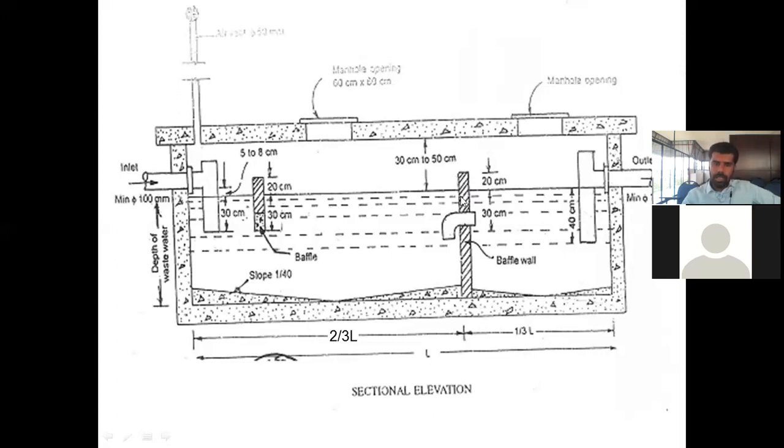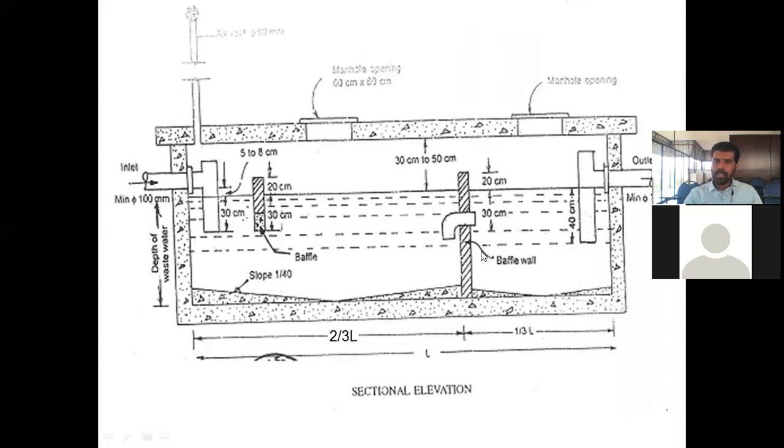Now this is the second chamber. From here, the water will be collected and it will be sent to the other chamber. This much will be 40 centimeter only, and you can see a gap here, right? That is 5 to 8 centimeters. So that gap will be the inlet of this. For avoiding the flooding, this should be 5 to 8 centimeter below, which means that this outlet pipe should be 5 to 8 centimeter below the inlet pipe.